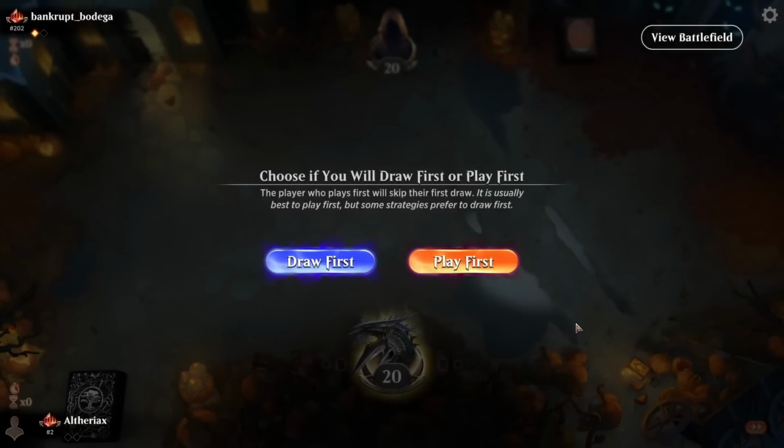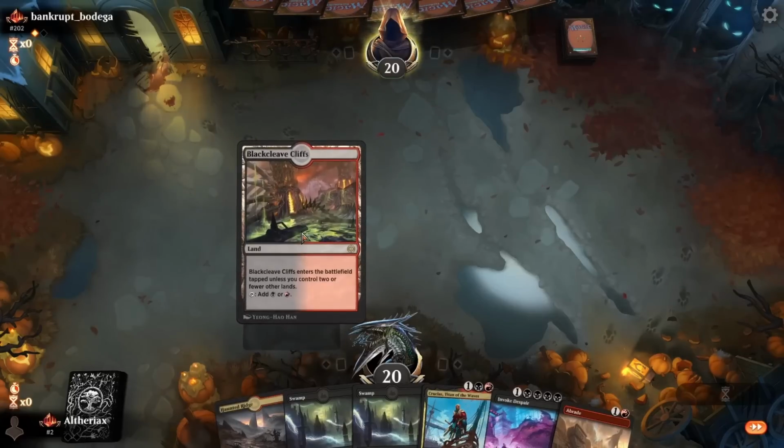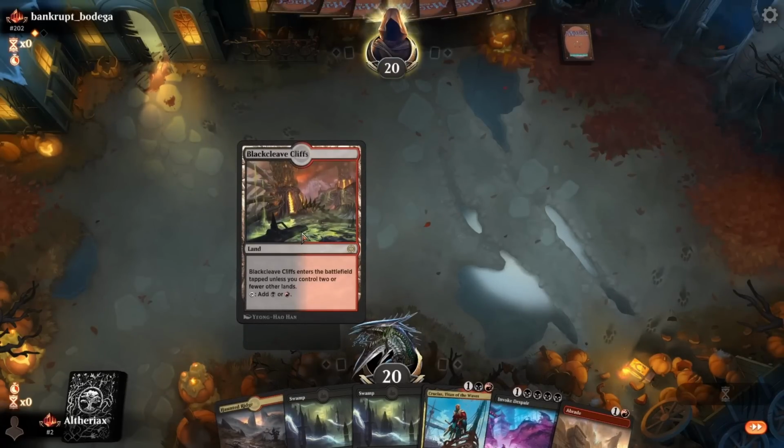But yeah, see how we do this game. So we're on the play, which is obviously great. And yeah, happy to keep this. In general, I don't really like mulliganing in this matchup because it's very possible the opponent could be bringing in...